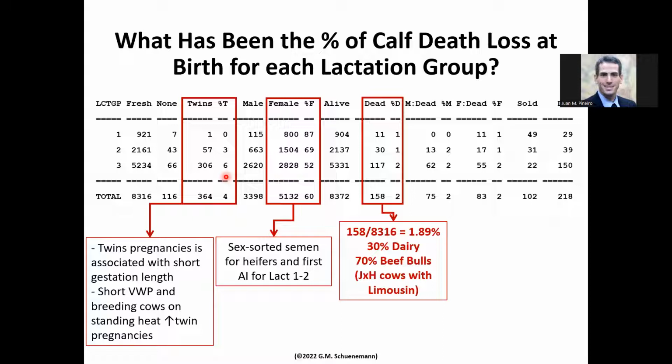And these are cows that are 90 pounds or more in milk. So twin pregnancy is associated with short gestation length. And the way we fix this one: sometimes what happens with these twinning pregnancies is they do have a rather short voluntary waiting period,